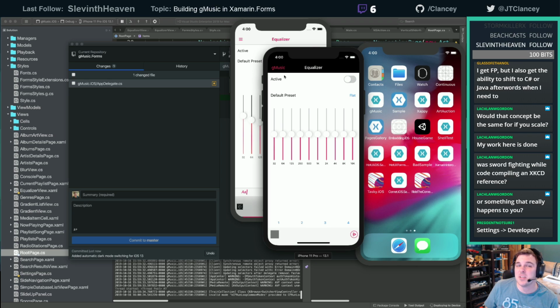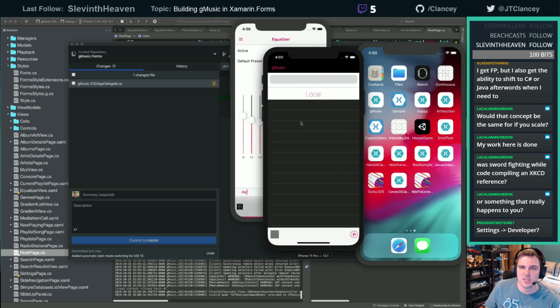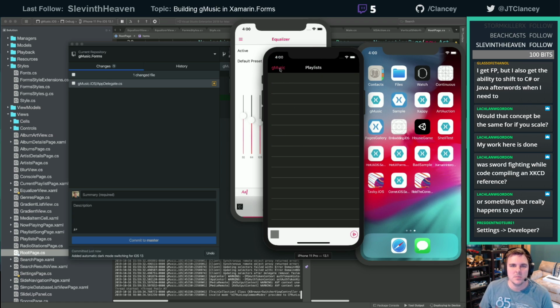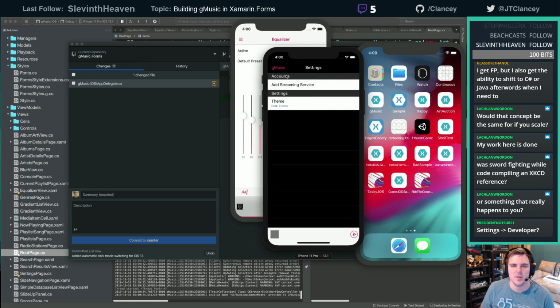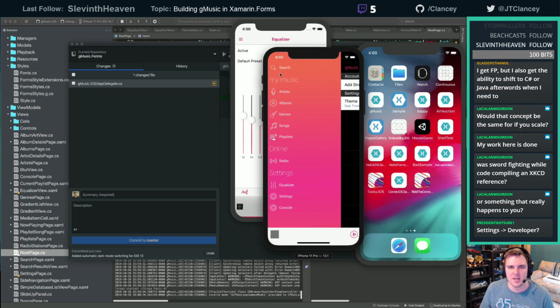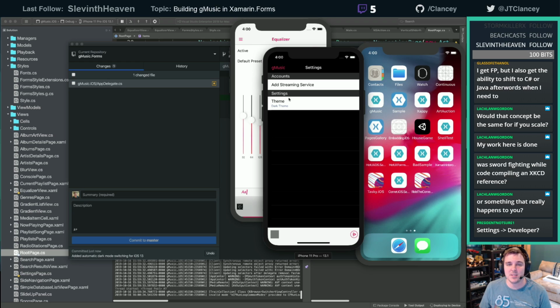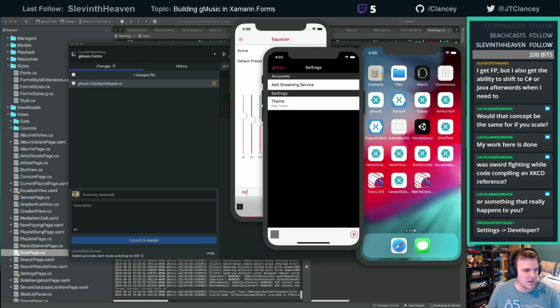And I need to make everything use the styles because if it uses the styles, it auto updates. Notice none of that's using the styles because it doesn't auto update. But yeah, really cool. Pretty excited about this. We've made some good progress. It's funny that the settings screen does not properly do it.